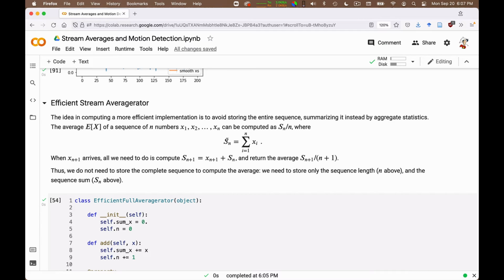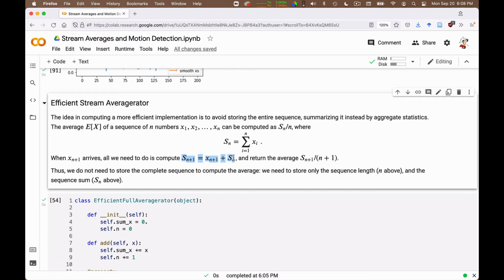So if you remember at each time the sum of the numbers and how many numbers you have, when you get one more piece of data, what do you do? You increment the sum. You compute the new sum including the new piece of data, and you compute n plus 1, which is the new number of data, and then for the average you do the ratio between the new sum and the new number, okay?